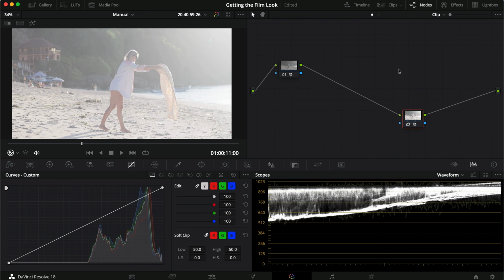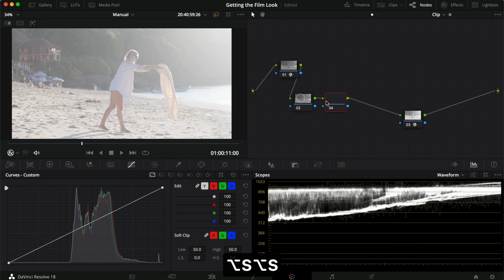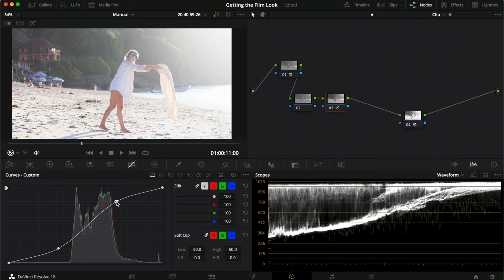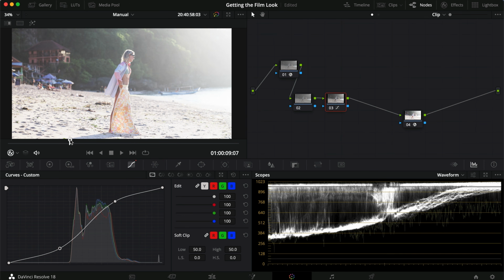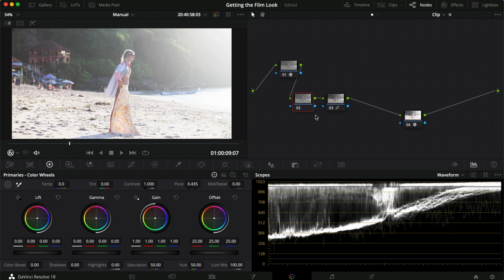All right, so now we have a DaVinci Wide Gamut color space that we're working within. So the first thing I want to do is correct our image. I'm going to put in some contrast here. This shot was overexposed, but it is quite perfect for this film look. Let's just go back a little bit here. I think we want to look around here because we have some highlights and some shadows that we want to maintain. We're going to move into our primaries here in our second node, and we are just going to pull